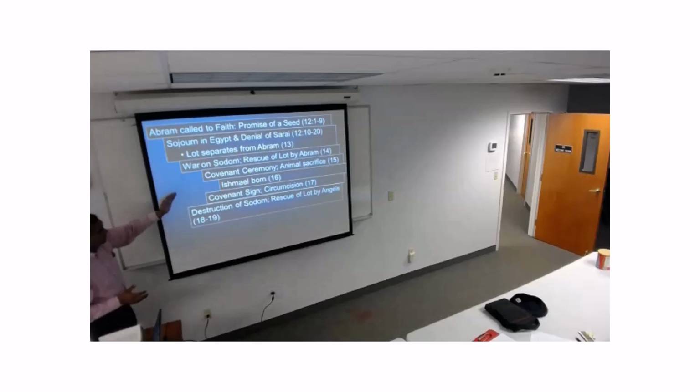So the covenant itself was given first, and the sign is a private sign. It is not a sign for the rest of the world. It was for himself to know that this is the God who's going to bless me, who has blessed me even when I am in my old age, because it is supernaturally that I have Isaac. And then you have the destruction of Sodom.